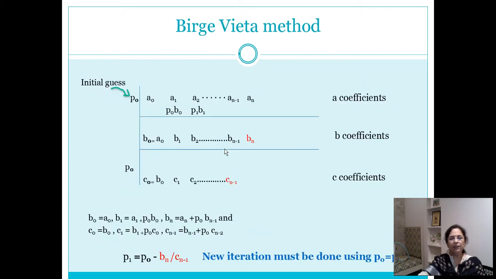Now to see the details of exactly how this process is carried out, I am asking you to pay attention. This is the coefficient of the highest order of the polynomial expression. So a0 corresponds to x raised to n, a1 corresponds to x raised to n minus 1, and so on, and an is associated with x raised to 0. When we arrange the coefficients of the given polynomial expression in this manner and write the initial starting guess value, which is the assumed value of root, we can write it here and start doing the simple calculations.